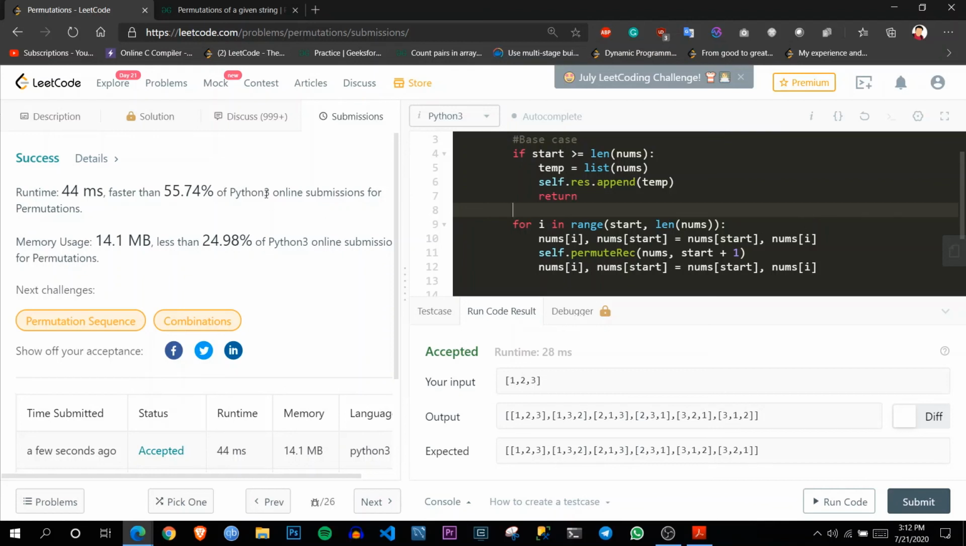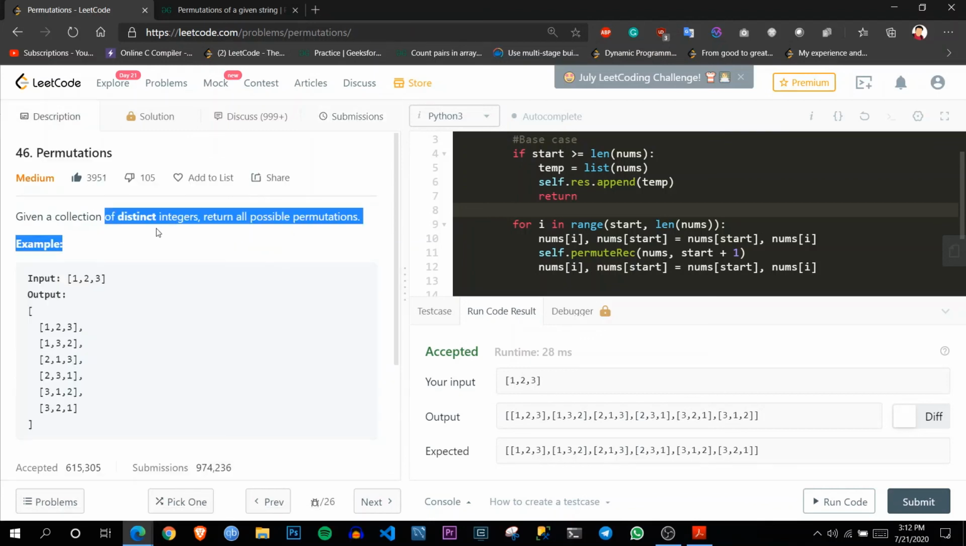So these are the two problems, and these two problems are strictly when there are no duplicates allowed. So as it's mentioned over here, only distinct elements. So there can be one problem again also,